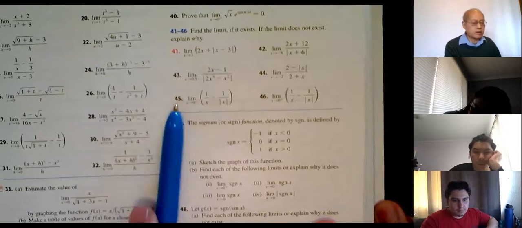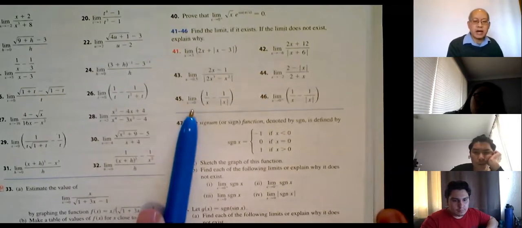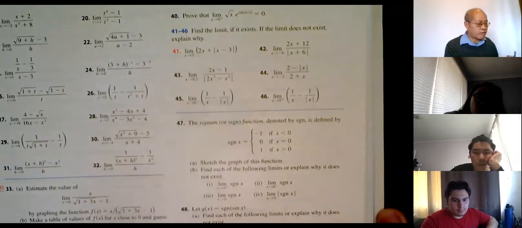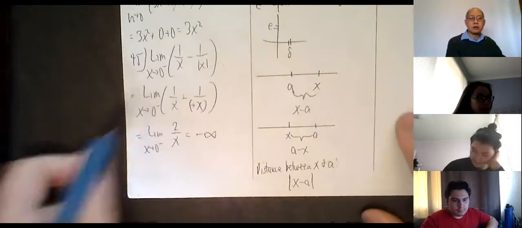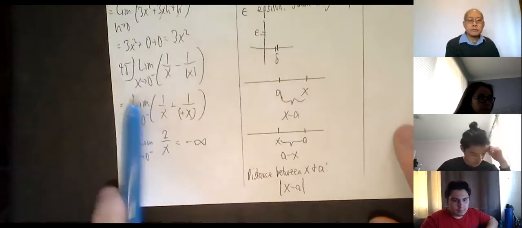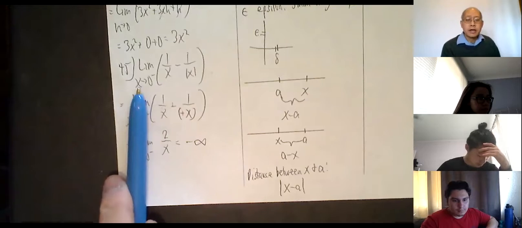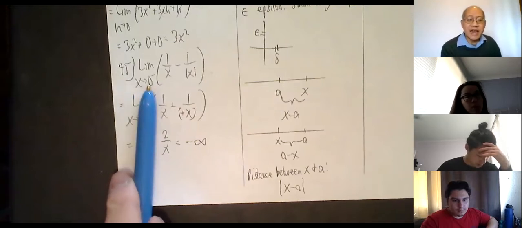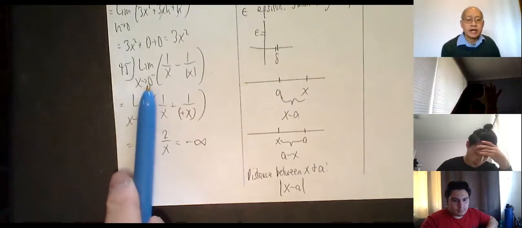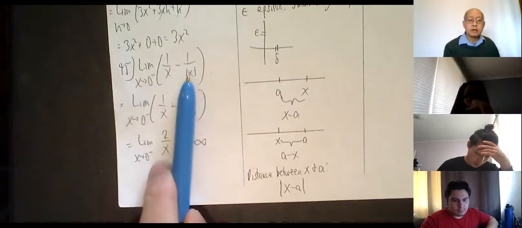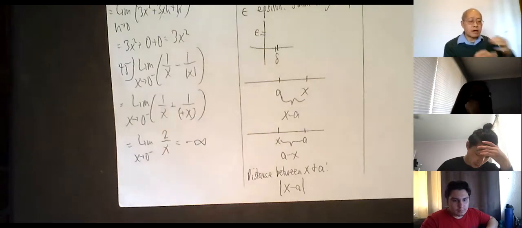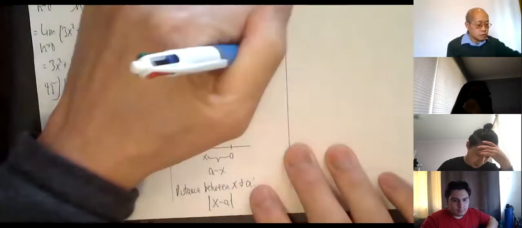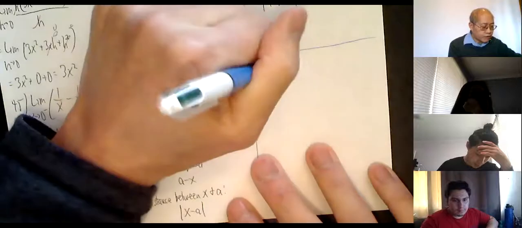I was going to do 45 for you, though. Limit as x approaches 0 from the left of 1 over x minus 1 over absolute value of x. Okay, so let me do that one. All right, x approaches 0 from the left. That's like negative 0.1, negative 0.01, negative 0.0001, and so on. Okay, I have an absolute value expression here. So I'll take a little time out here and recall, put it over here, absolute value of x